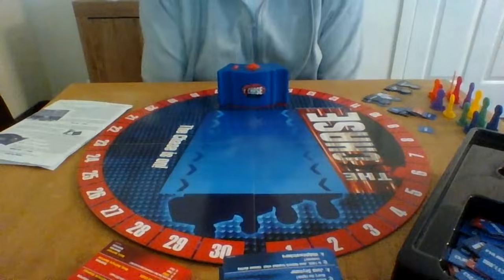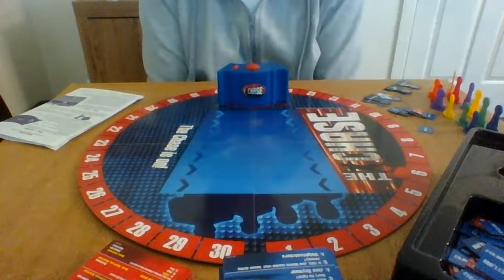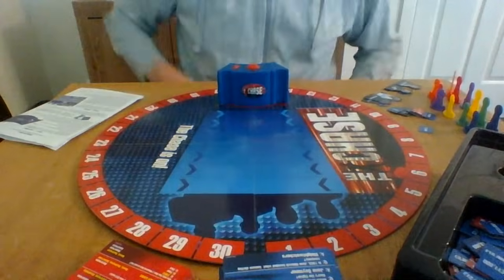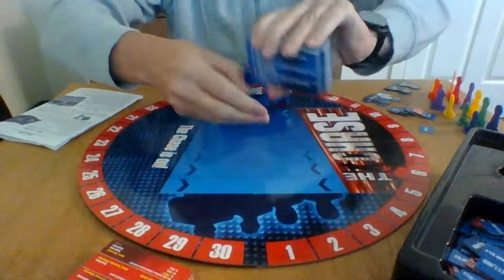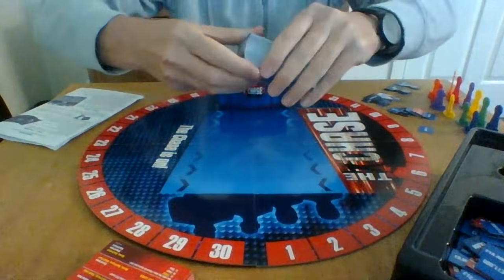I'll just explain that there are three rounds to play in the game. Round 1 is where you build your cash. Each contestant takes a turn to answer as many questions as possible against a one-minute timer. They score 1,000 for each answer they get right. There are blue and red cards. These are the blue cards, the batch. There are about 1,000 questions. I mean, you will get to the stage where you obviously are going to be...